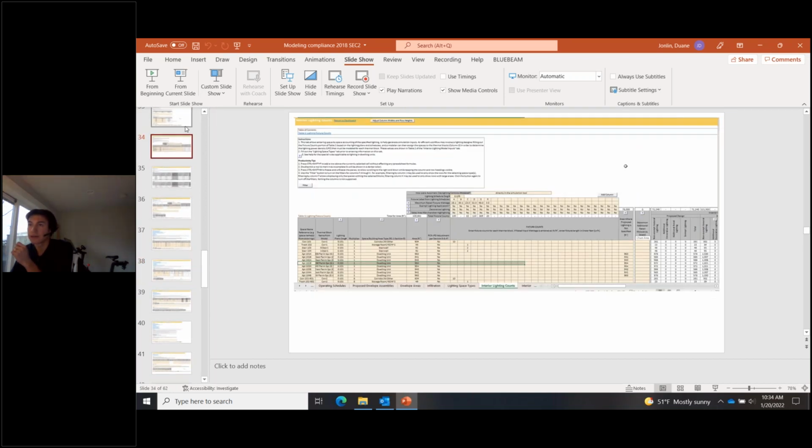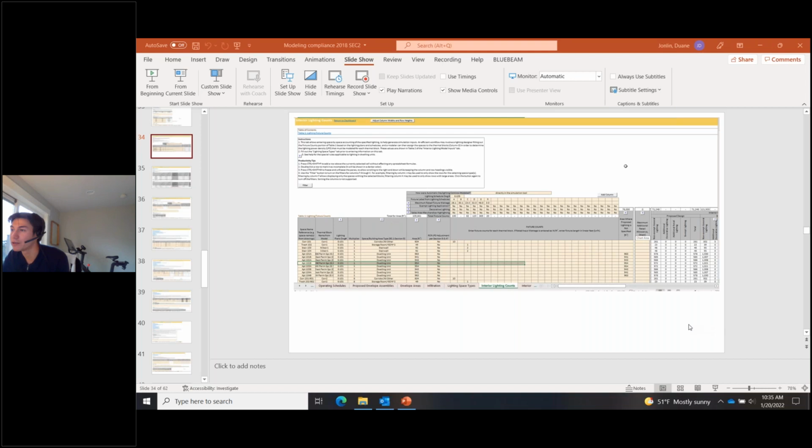Yeah, so let me go back to this lighting count tab. I guess this is also kind of a lesson, specifically this lighting tab. The way it's set up is each row is a zone in your energy model, and then across the top up here is your lighting schedule. So you have your different lighting fixtures and the wattages per fixture, and you tally up: I have 10 of fixture A in this zone, and I have 1 of fixture C in this second zone. And then off to the right, it tallies it all up based off what you put in here. It will do your proposed and baseline lighting powers.